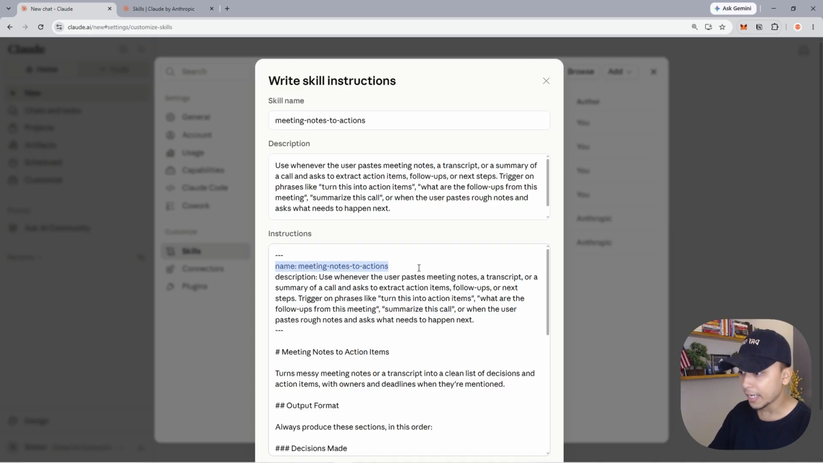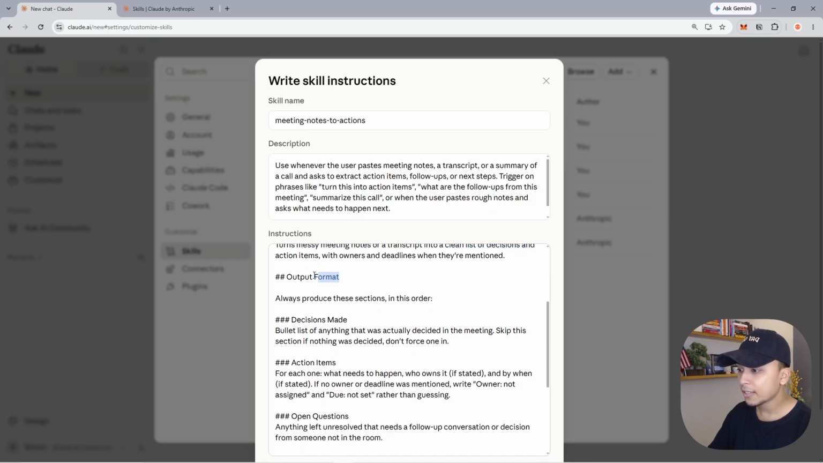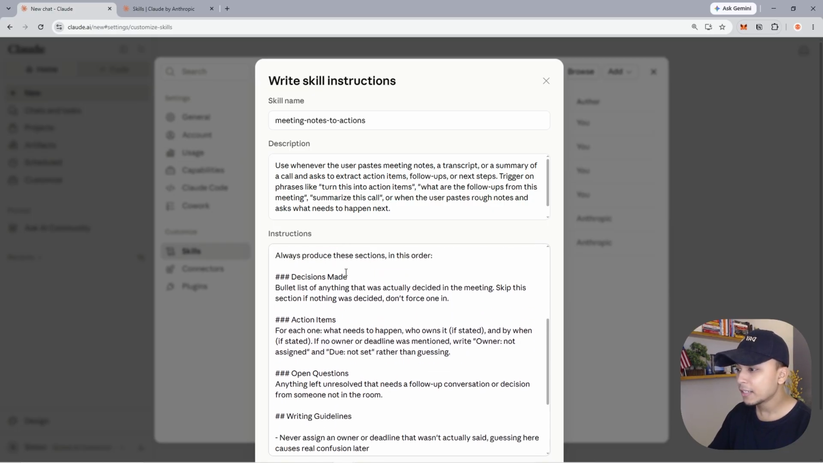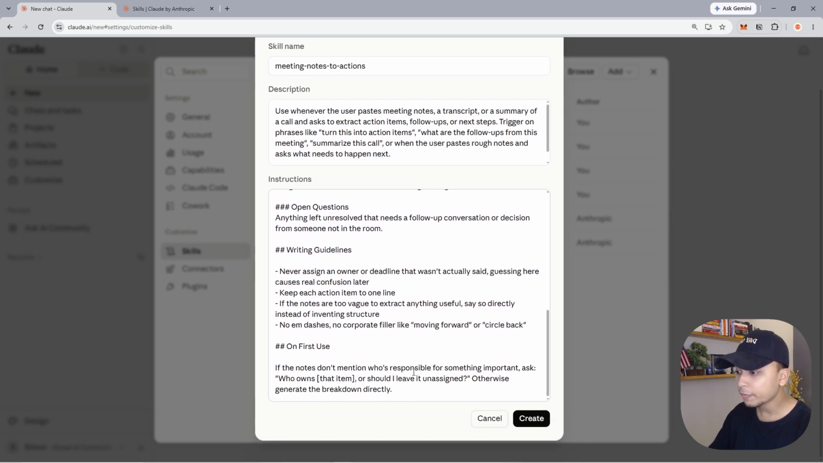And then in the instructions, I'm going to paste a markdown content where I'm going to have, at the top, the name once again, then the description also, then the meeting notes. For instance, meeting notes to action items, turn a messy meeting note or a transcript into a clean list of decisions, then the output format I need: decisions made, action items, open questions, writing guidelines on first use. So a very nice instructions step by step, very clear on what it needs to follow,